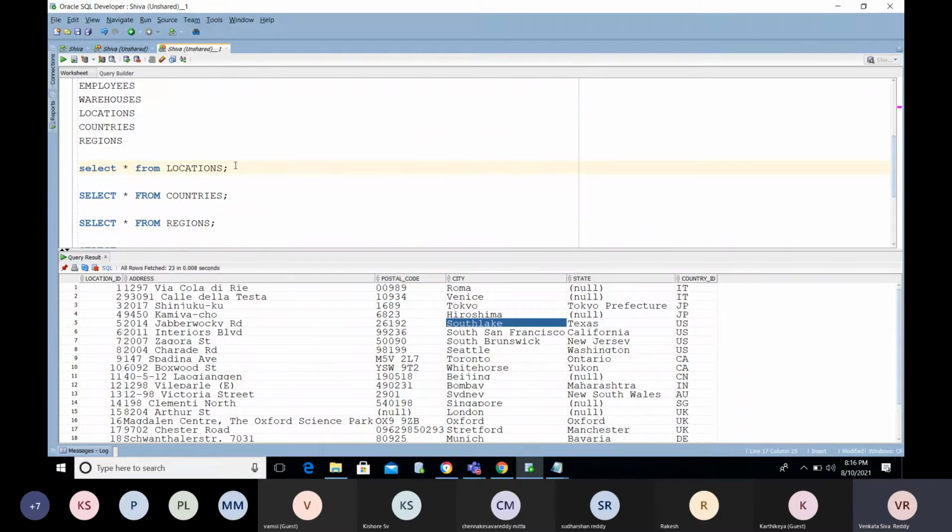Don't say anything, I can scold you definitely. You are saying select star from city. From where do I need to pick the city? You need to mention select star from table name, right? You are not even able to say from which table I need to get the data. What is the table name? Location.